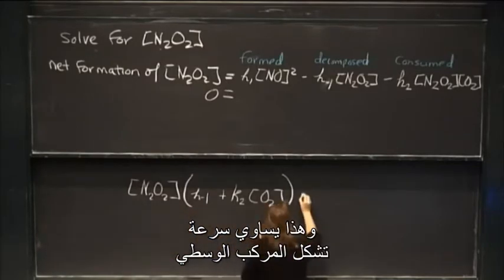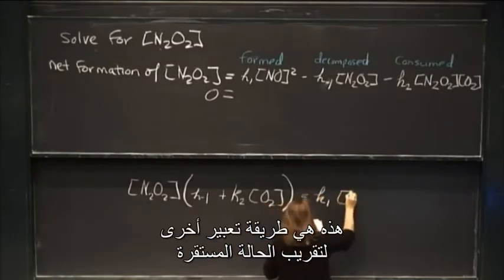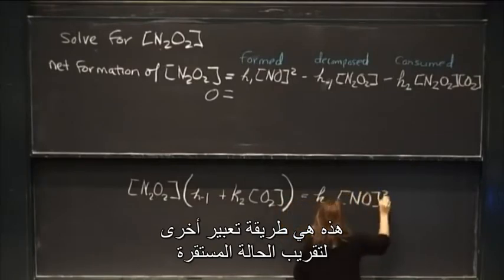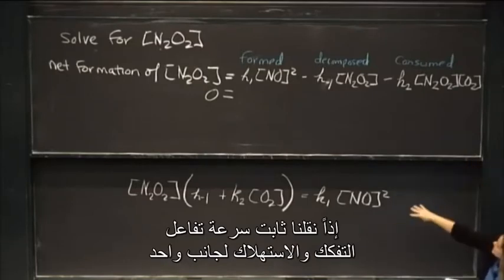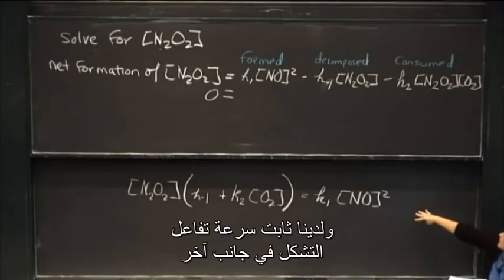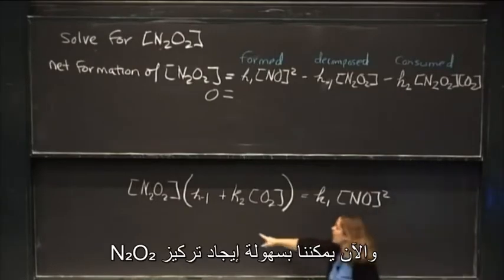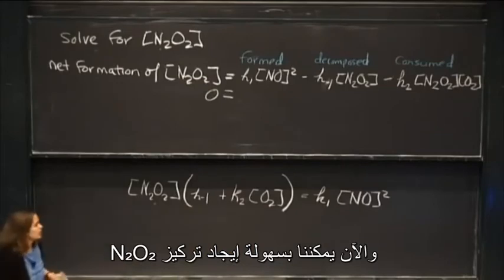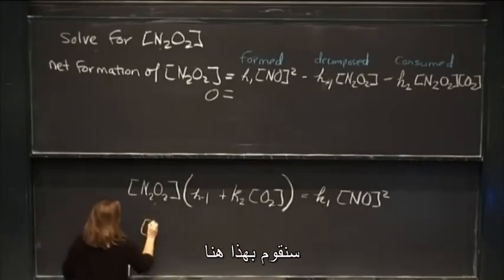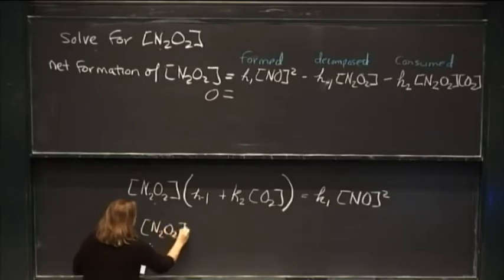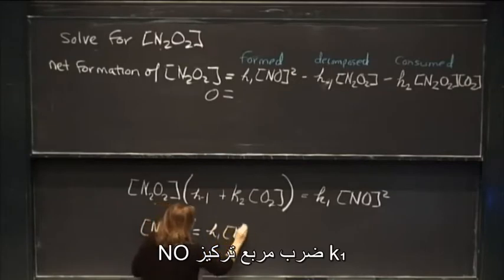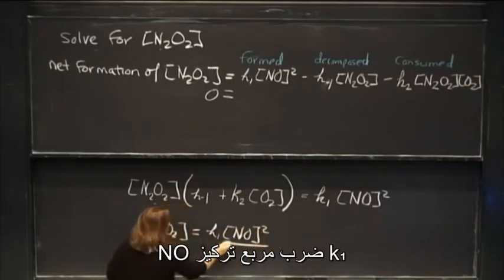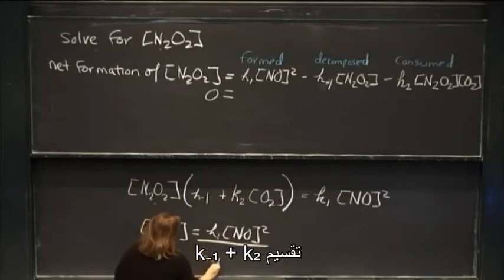And that's going to be equal to the rate at which it's formed, which is another way of expressing the steady state approximation. So we've just moved the decomposed and consumed to one side, and we have the rate at which it's formed on the other side. And now we can easily solve for the concentration of the N2O2. So we're going to do that over here. So that's now going to be equal to our K1 times NO squared over K minus 1 plus K2,